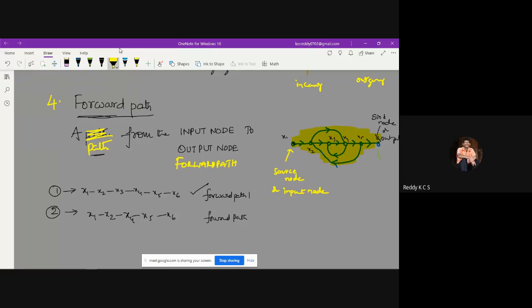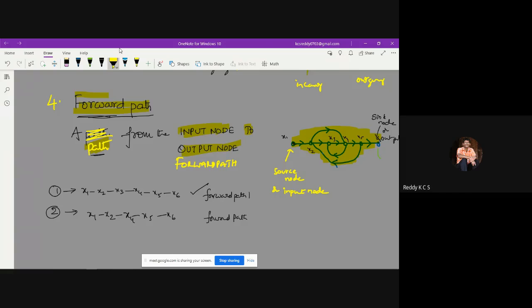When you define a forward path, we know that it is a path from the input node to the output node. How are you reaching the output node from the input node? I can go from x1 to x2, a straight path. There is always a straight path to reaching the output node. Also, I cannot move from x1 to x2 and then x3 in this direction. If you look at x2, this arrowhead direction is different. It is coming into x2, not leaving x2. So the branch leaving x2 is this one only. So I can go x1 to x2 and then in a forward direction. When I say forward path, it should be in a forward direction only.